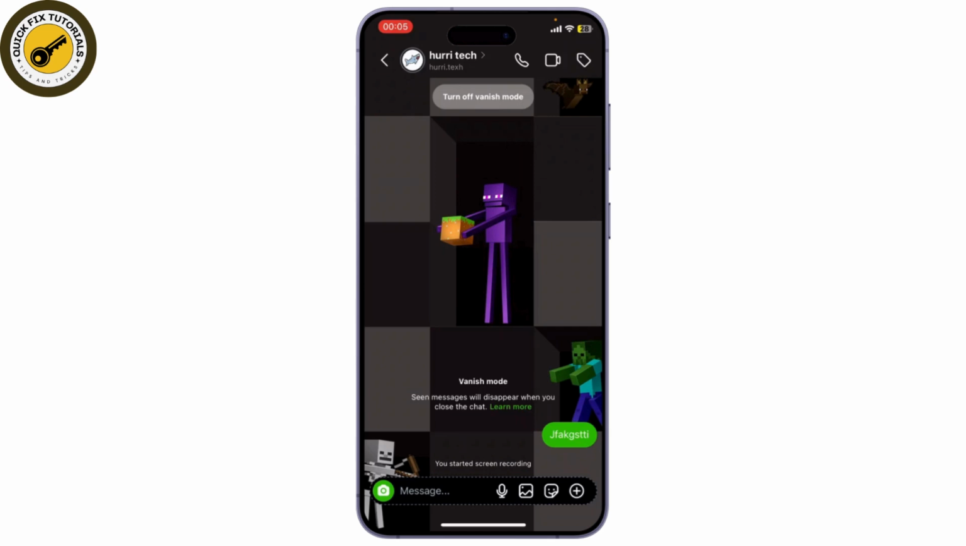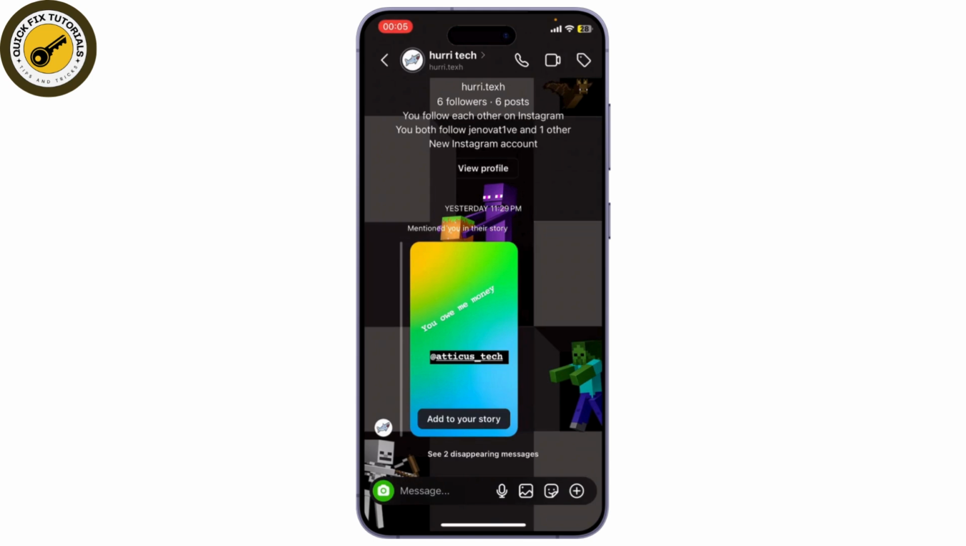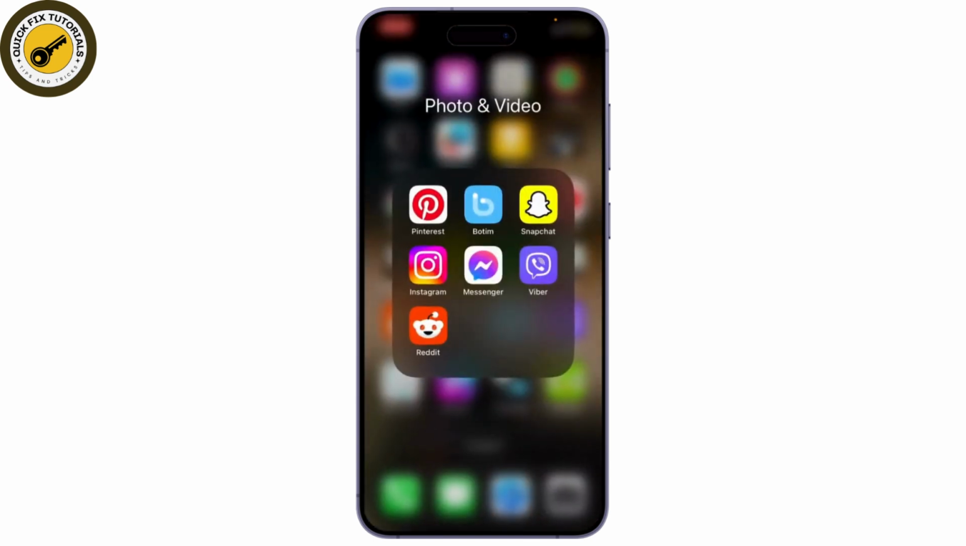Now to close it, what you'll need to do is just scroll up again and release. After you release, the Vanish Mode will get turned off. So it's that simple, guys. That is how you can turn off Vanish Mode